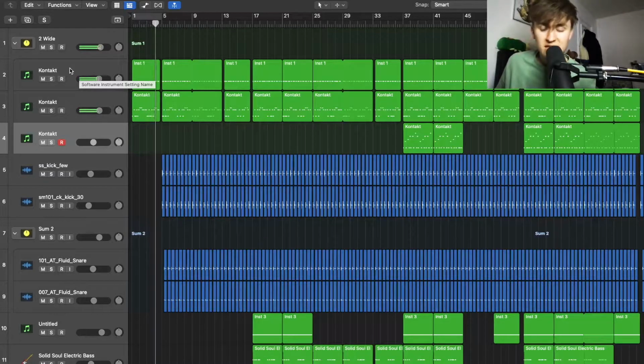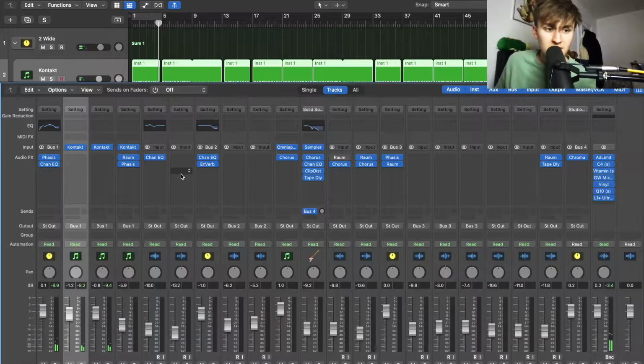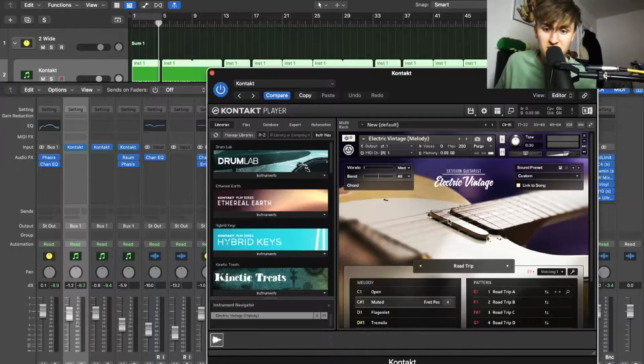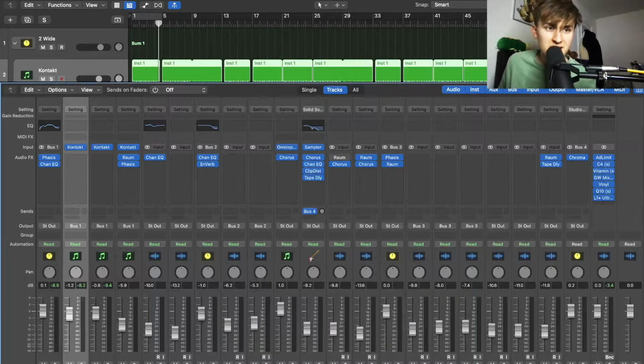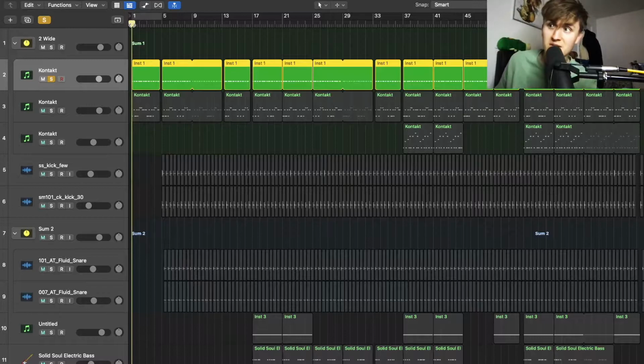I've used Kontakt for this, the electric vintage, and I've got two layers to this muted guitar because I wanted it to sound really strong. So we have the road trip custom setting for the electric vintage session guitarist, and we got it onto muted chords. Now there's two layers to this muted guitar because I really wanted it to be really nice and thick. So I've just literally got the muted doing the D chord,